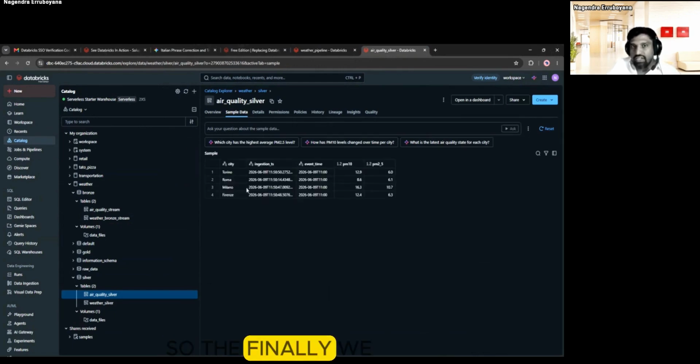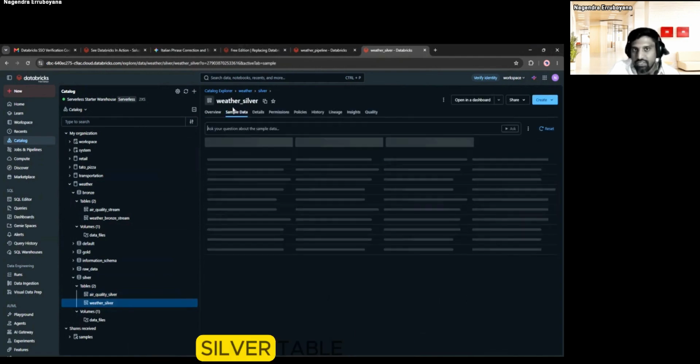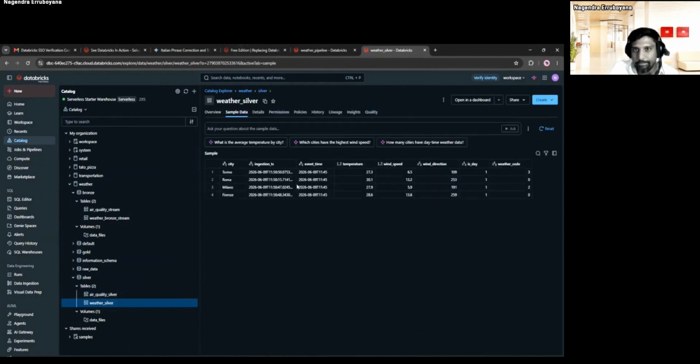Finally, we have in the silver layer only four major cities of Italy, and also only the latest timestamp with the event time and the required values, both in the air quality table and also the silver weather table.